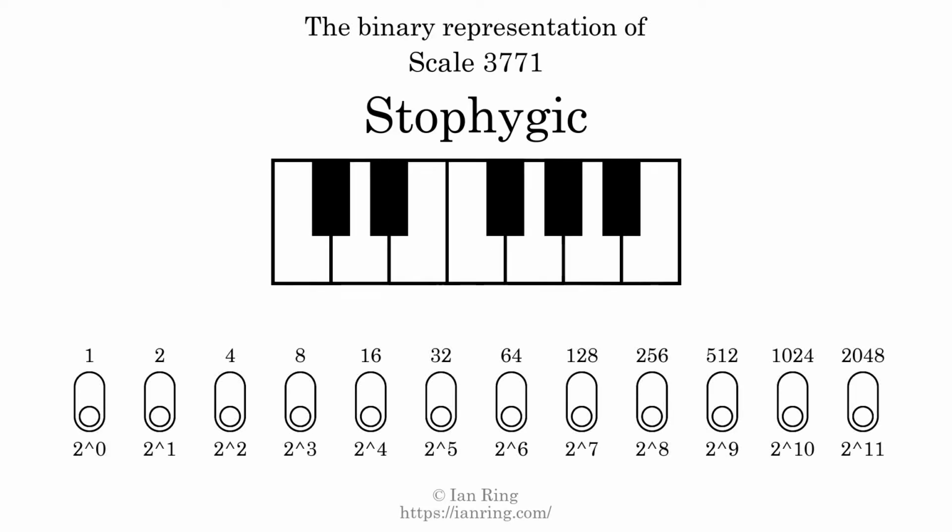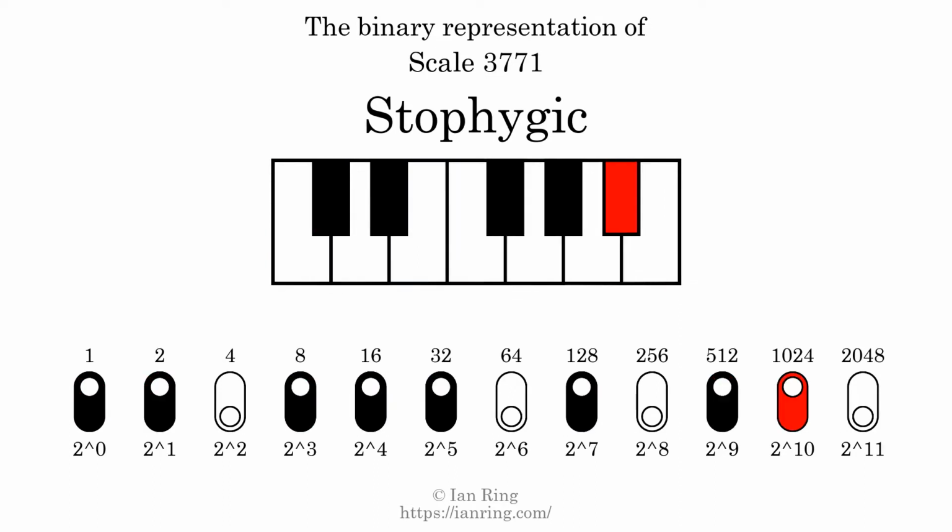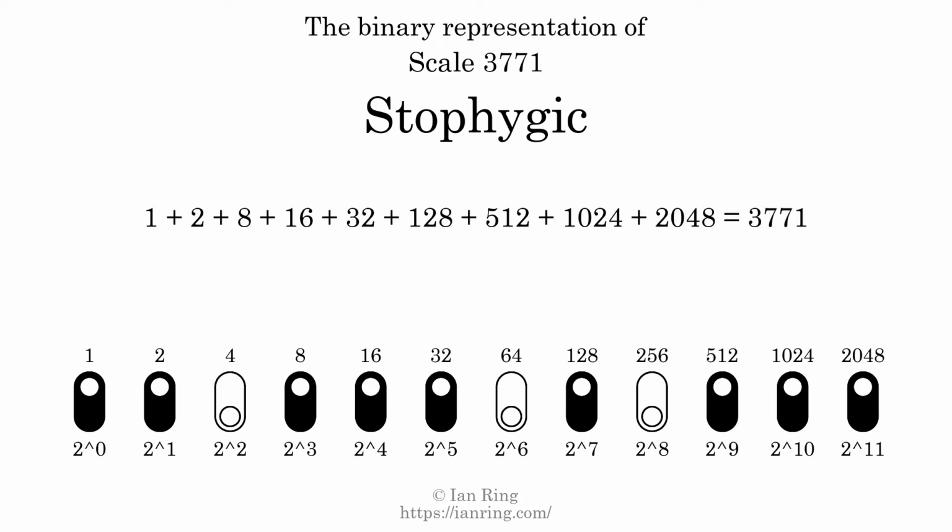The binary representation of this scale is determined by mapping tones of the scale to binary digits. Each binary digit represents a power of 2. To get the scale number, we add the powers of 2 together. The powers of 2 that are present in the scale, all added together, equals 3771. That is why the scale number, in decimal, is